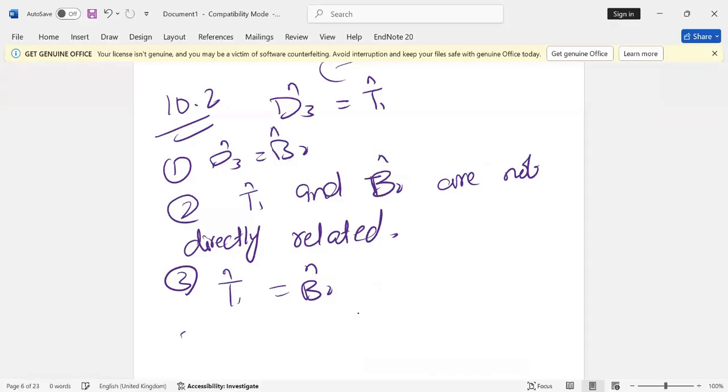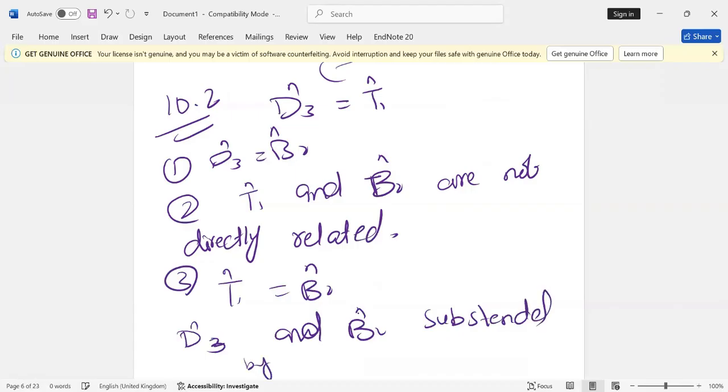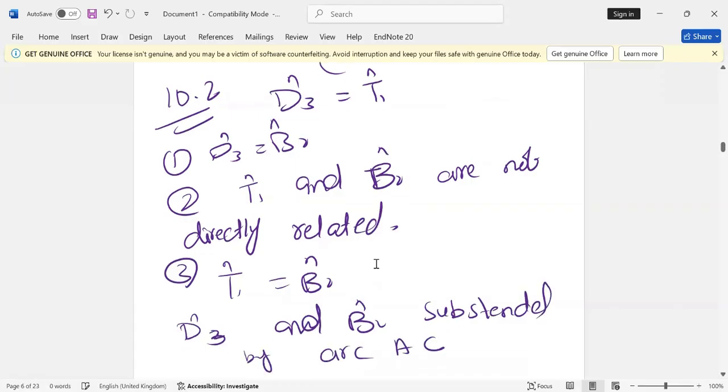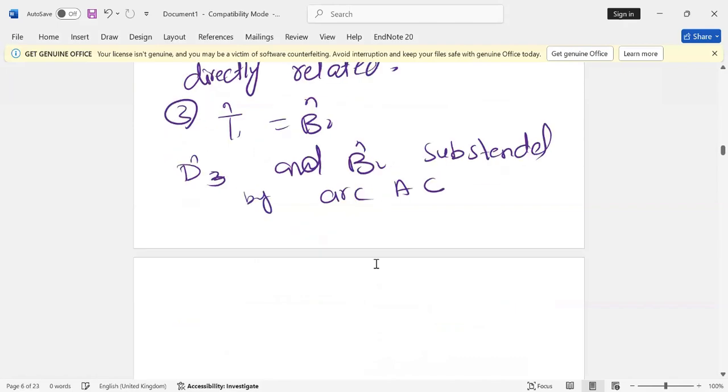We say that D3 and B2 are subtended by arc AC, okay? So we can say that D3 equals B2, okay? So angle subtended by the arc,